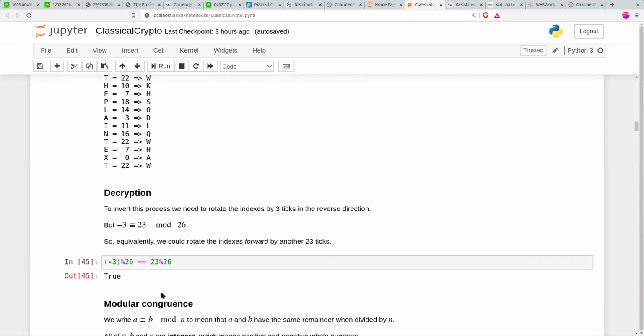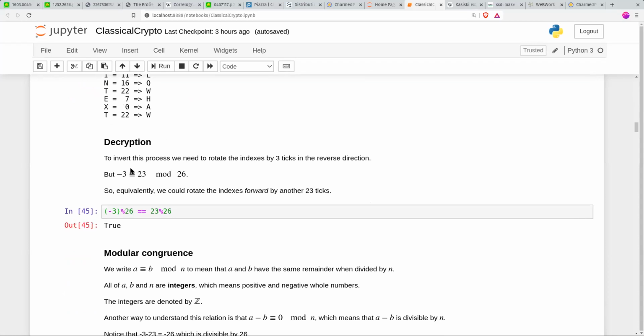So to do the decryption, you need to circularly rotate things the other way by 3 ticks. So you can think of it as spinning the wheel down by 3. But because it's a circle, spinning one way by 3 is the same as spinning 23 in the other direction. It's kind of hard to visualize, but if you can imagine a combination lock on a locker,